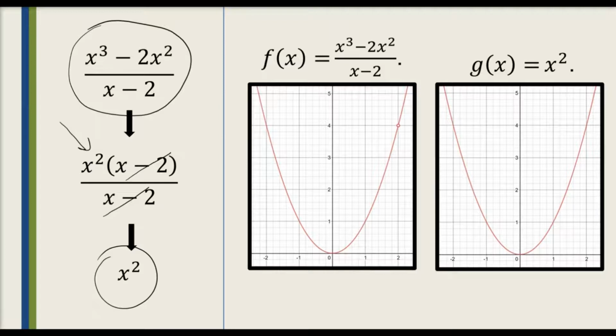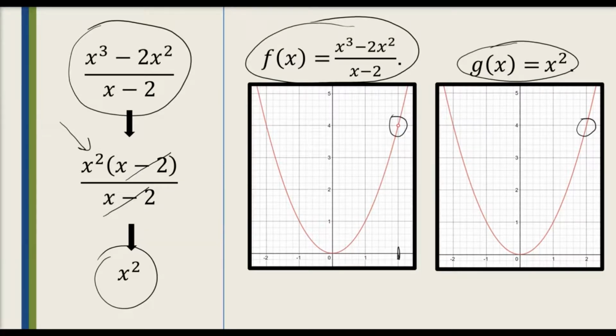Now if you look at the graphs of these expressions, I'll call the first one f of x. F of x equals x cubed minus 2x squared over x minus 2. And then the graph of this simplified version we'll call g of x equals x squared. You see that the graphs are exactly the same except at one point. Right? They don't agree at 2 because our first function has a point of discontinuity at 2. It's not defined there. But we also know that if two functions agree everywhere except one point, then the limits as x approaches that point will be the same, which means that the limit as x approaches 2